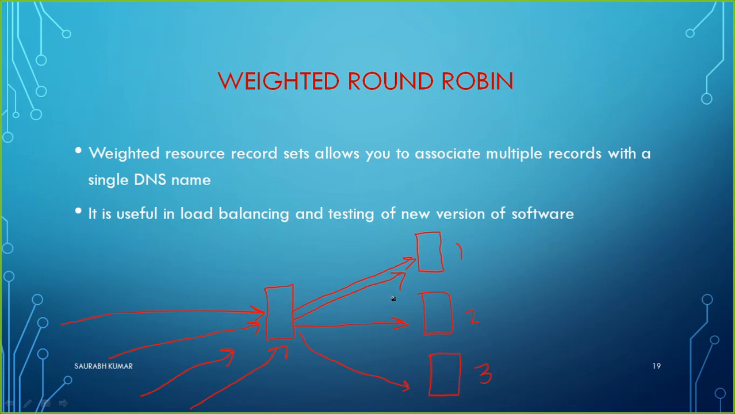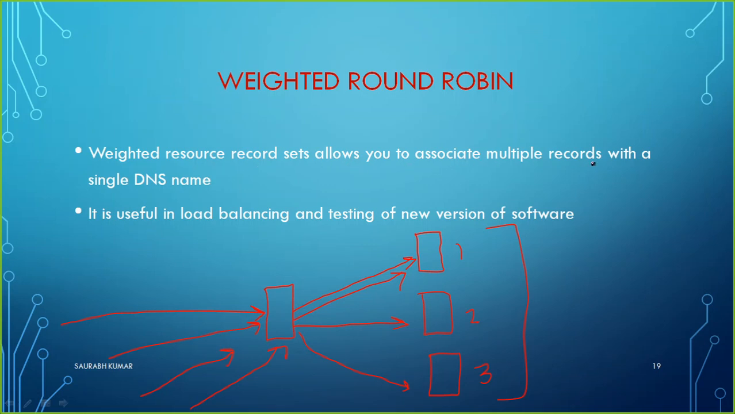So this mechanism is called round robin. It checks how many total servers you have and starts using them in sequence. It uses the first, then the second, then the third, then again the first, second, third, like that. So this is what is mentioned there, that a weighted resource record set allows you to